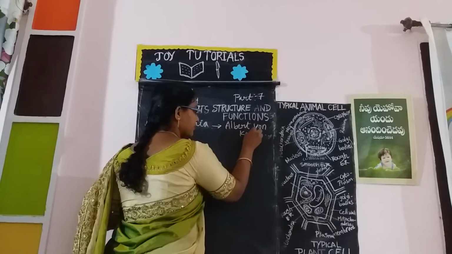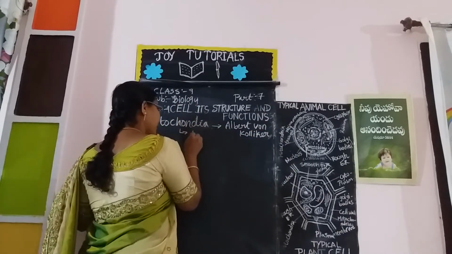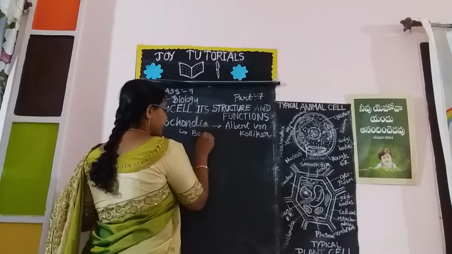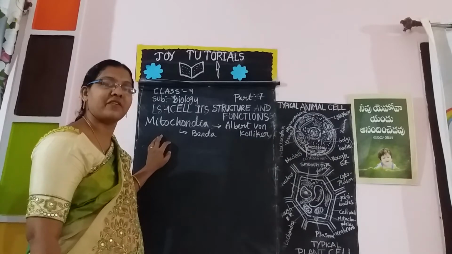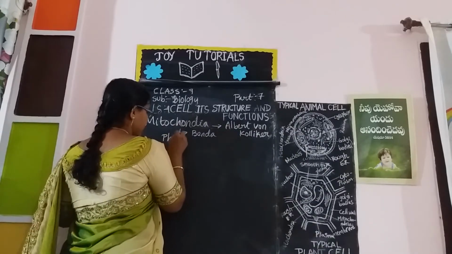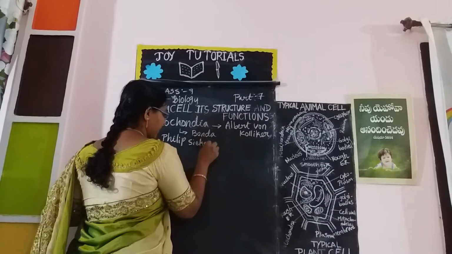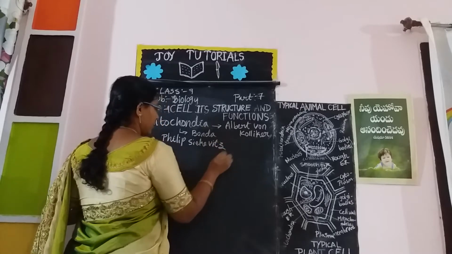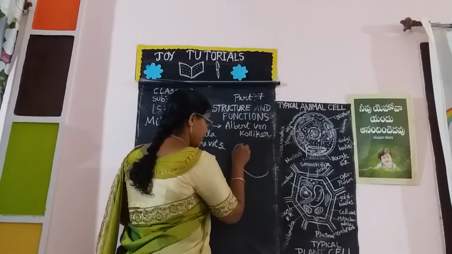Albert von Kolliker. The name mitochondria was given by the scientist Benda. Then, the term powerhouse of the cell was given by Philip Sitwich. Okay. These mitochondria are double membrane structured, cylindrical